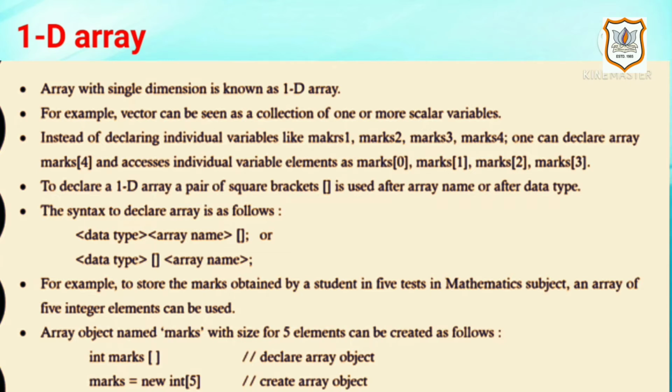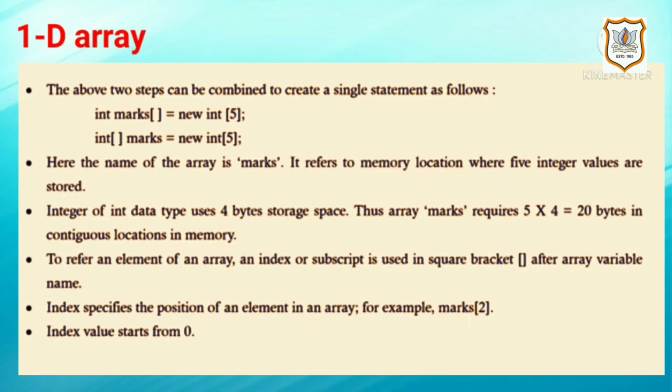Array object named marks with size of 5 elements can be created as follows. int marks[]; marks = new int[5]; We can combine above two steps and create array using a single statement. int marks[] = new int[5]; or int[] marks = new int[5];